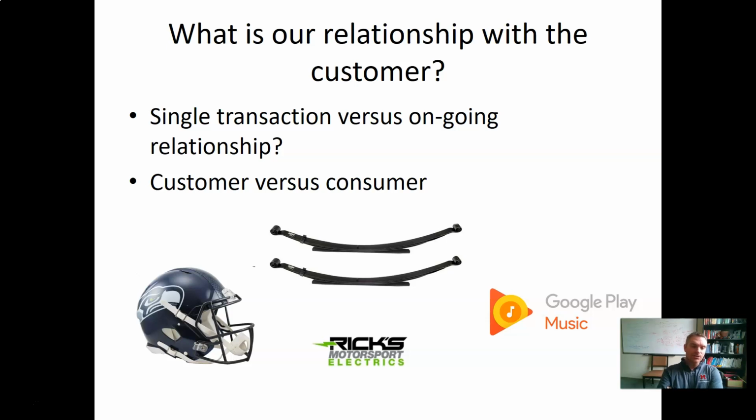One of my sons, my older son, really wanted a football helmet to play with. Not a real football helmet, just a costume football helmet for playing imaginary football games with his friends and siblings. And so on eBay, we found a costume football helmet for the Seattle Seahawks, and it was $12. That is likely the only time that I will ever purchase a Seattle Seahawks football helmet, and for sure the only time that I'm going to purchase from that particular vendor on eBay. It was a one-time transaction, and so for that vendor, I'm sure that he priced out that helmet in a way that allows him to make money off of a one-time transaction.